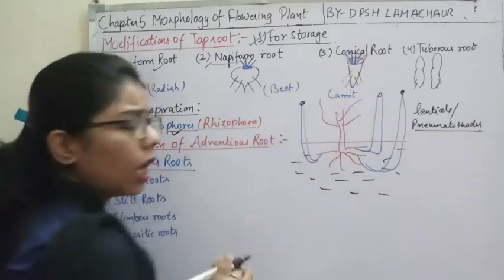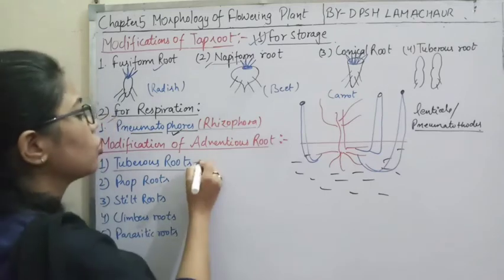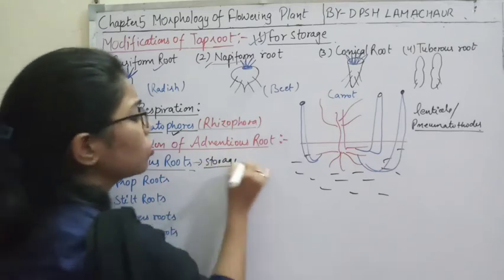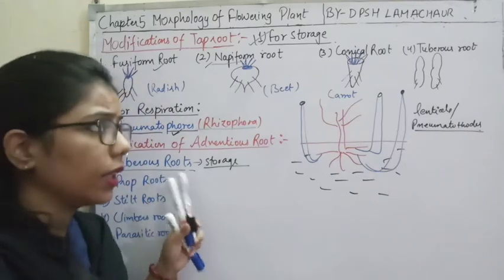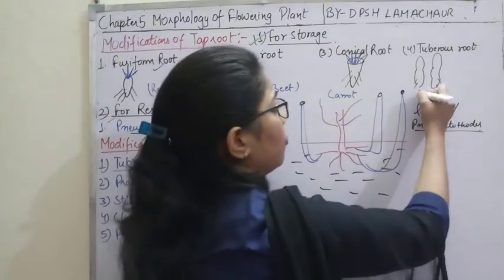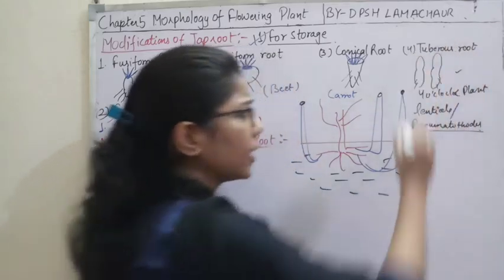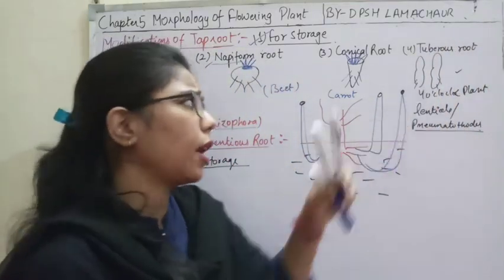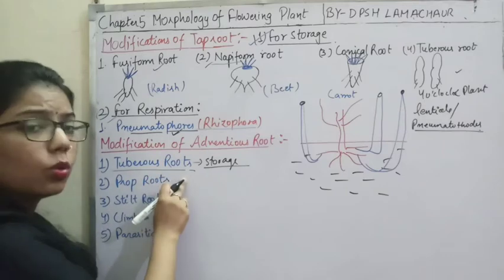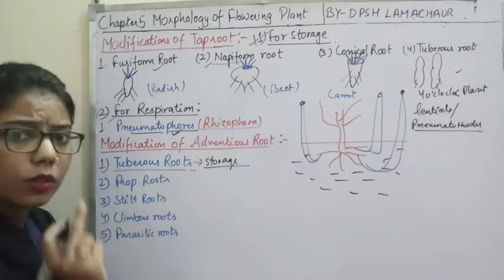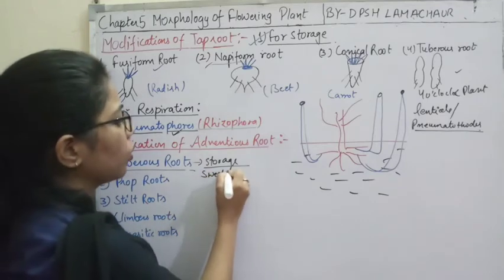Same thing which we have done here. Always and always, whenever we are talking about the tuberous root, it means that it will function for storage. What is the function? To store the food material. Now, but the example will be different. Here, the example is Mirabilis jalapa, the 4 o'clock plant. But here, the roots are not directly developing from the root only. You can see that if you cut the stem of this sweet potato, how you are growing the sweet potato?